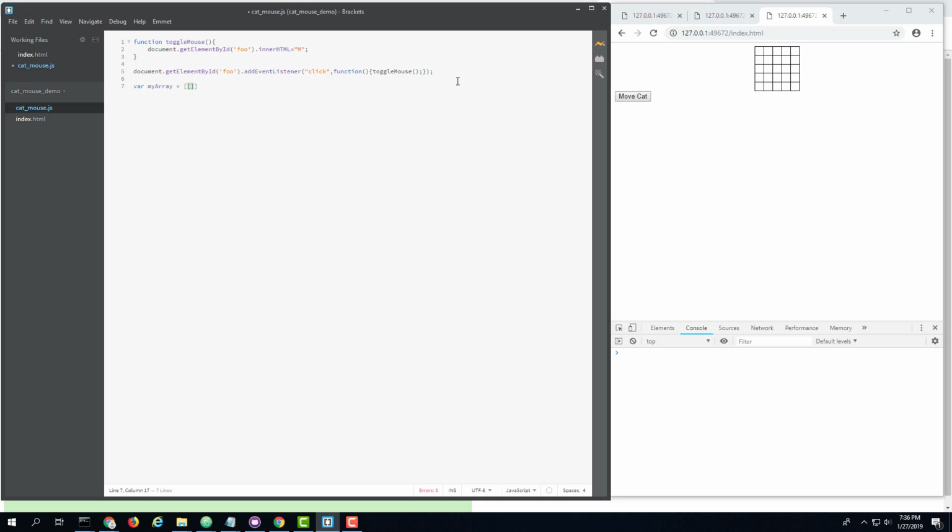So A, B, C, and then another array here. AA, BB, CC. So if I want to actually, for example, access this BB element, I would go console.log and